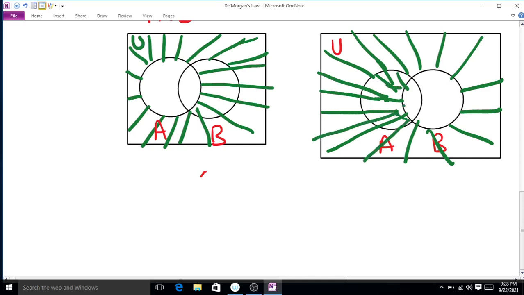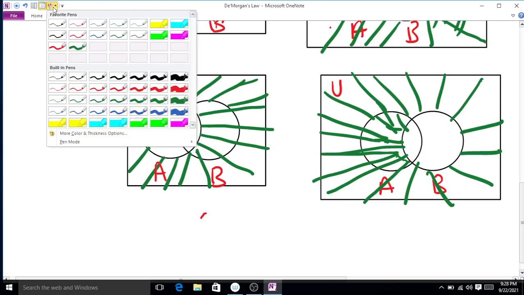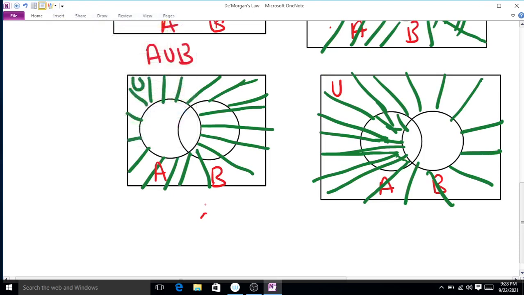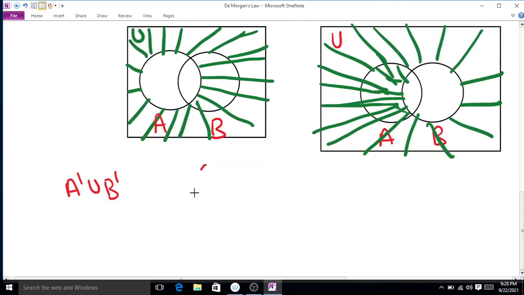Now we want to take the union of A complement and B complement. So, we want to determine A complement union B complement. So, again if we draw a Venn diagram,